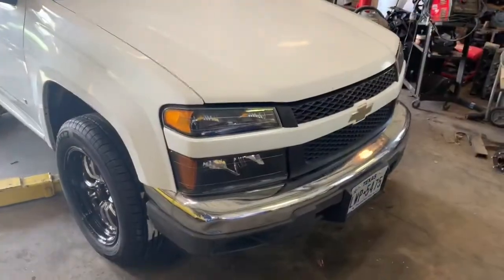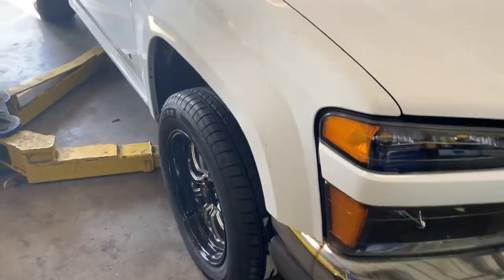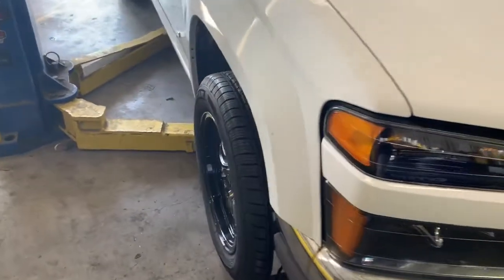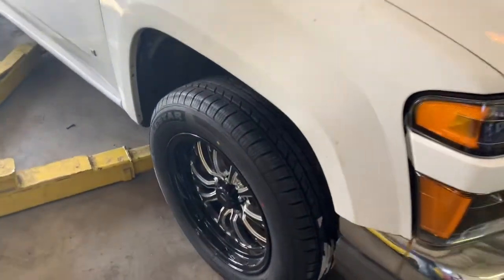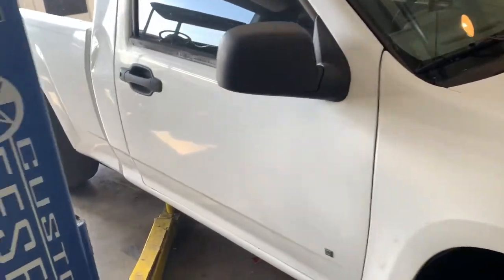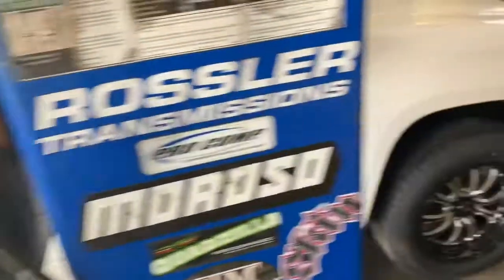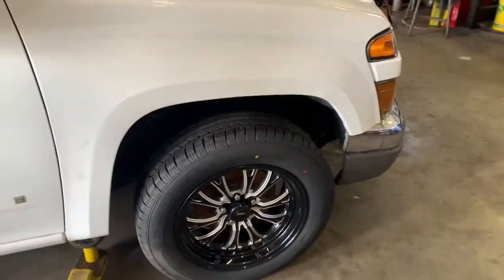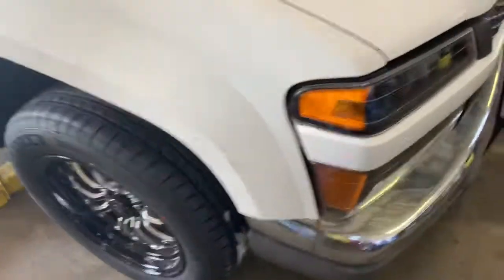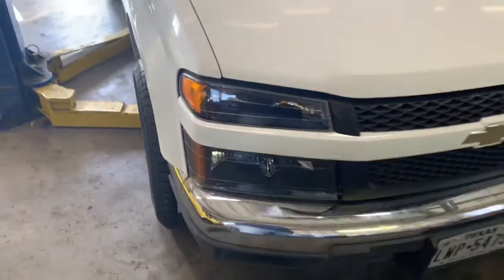All right, so I got everything put on. It's looking pretty good. I got the adjusters set right in the middle on the bottom control arms, and it's pretty close. So they should have plenty of adjustment when they go to align it. But just waiting on a few more parts, some new rotors and stuff like that, before I can go drive it. But looks pretty good. Tire sticks out a little bit, which I would like to be tucked in more, but